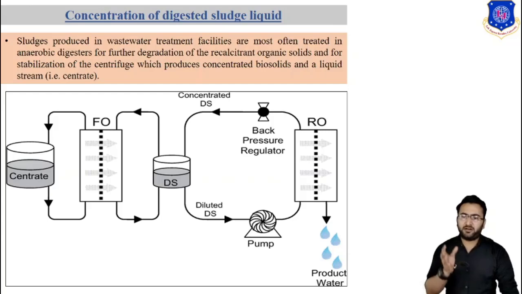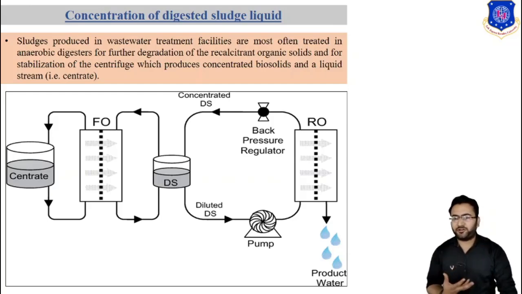The centrate contains high concentrations of nutrients such as ammonia, orthophosphate, organic nitrogen, then heavy metals, TOC, TDS, color, and TSS. The common practice for centrate treatment is to return it back to the headworks of the wastewater treatment facility